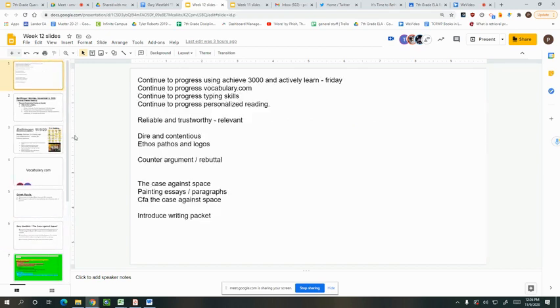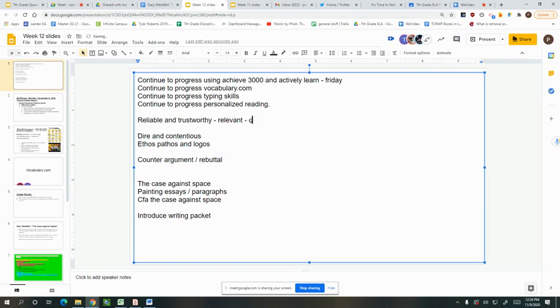Coming up this week, at the very top of our slideshows, you can always see what's on our plan. We're going to talk about what makes sources reliable and trustworthy, and I'm going to add in citation. We're going to talk about ethos, pathos, and logos, which are different ways of appealing to someone and trying to convince them of doing or thinking what you want.